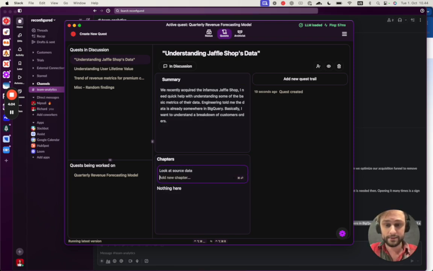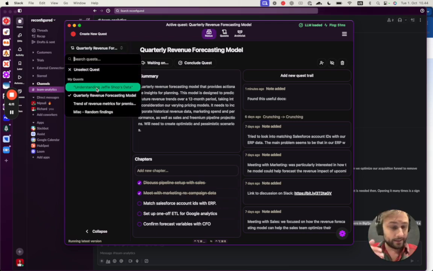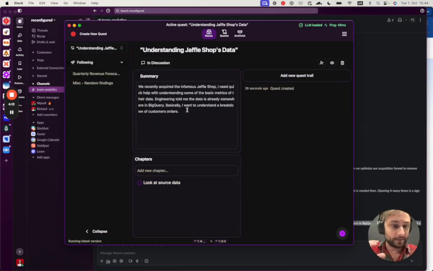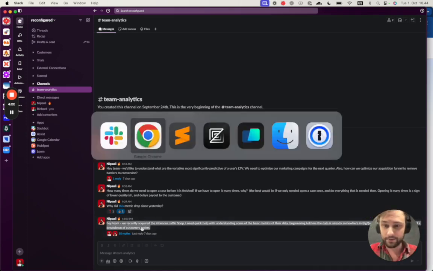my first thing is probably to look at source data. Okay, now because I want to work on this now, I need to set it as my active quest. That will allow me to add context to it with the command hotkey. All right, so we already know what this looks like,